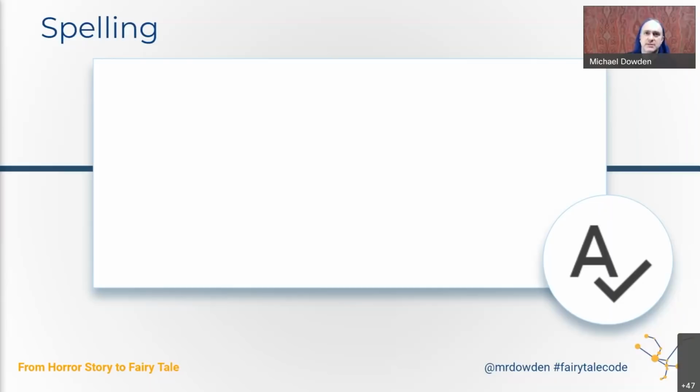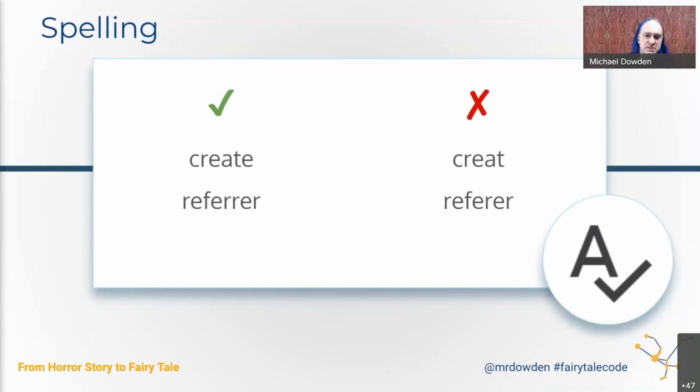And spelling sometimes can be kind of interesting. So referer actually has 2 R's, but in the original HTTP specification, it had just 1 R, and therefore we've ended up with this misspelling being implemented in basically every single web browser and web server ever, because it made it all the way into the specification like that. And it creates a challenge for people who are trying to work with that. And there's creat versus create, that's another one that's in the C library. Use the full word correctly spelled, and we will save ourselves headache down the road.